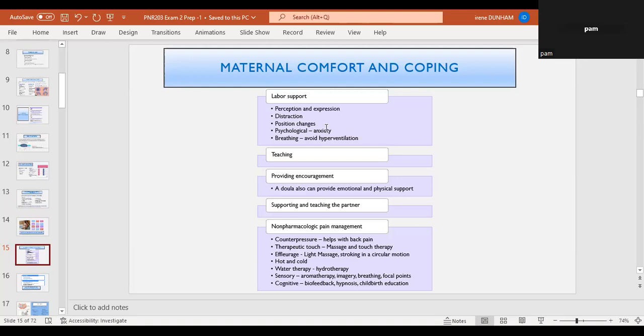Okay. All right. And that's what these are: position change, distraction, psychological, the anxiety. Some people just have high anxiety, and so you really got to work with them in order to distract them. And then breathing. Now, before, I think I went over this, but you want to have the control breathing